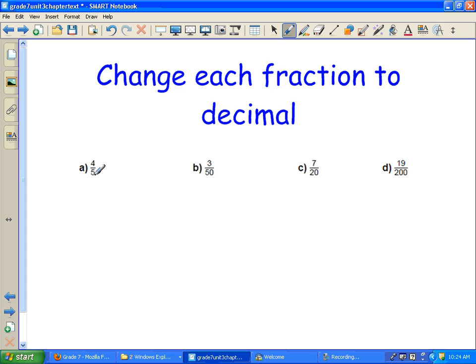All right, let's change a few of them from fractions to decimals. Looking at this first one, 4/5. Well, I don't know about you, but I certainly can write 4 over 5 as something over 10. You could recognize that right away. So I could times this by 2, and then times the top by 2. So 2 times 5 is 10. 2 times 4 is 8. So I've got 8 over 10, or as a decimal,